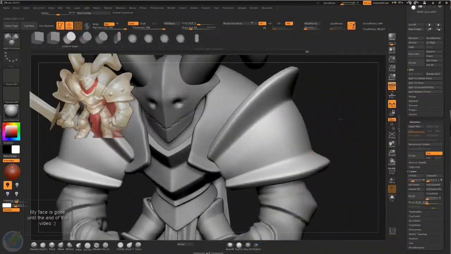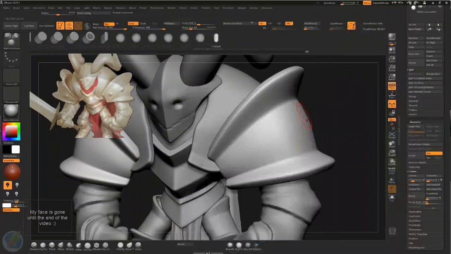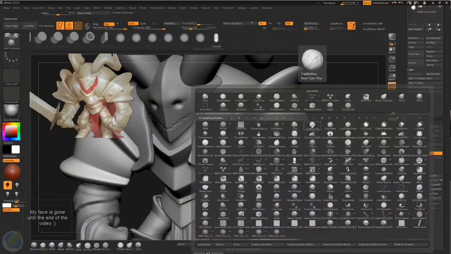Basically, we don't have a cone here. Let's see the other primitives. We don't have a cone here either. And that's unfortunate because it would be easier if we had a cone in there. But don't worry if you don't have some of these brushes, because some of them